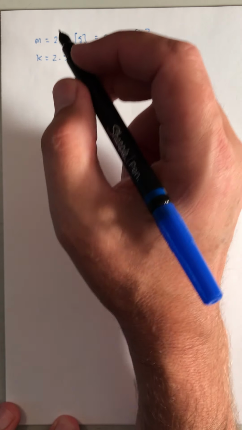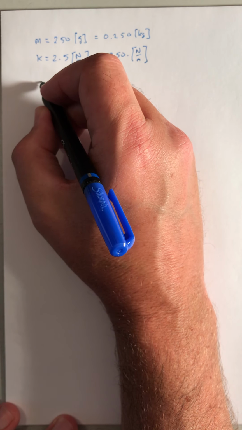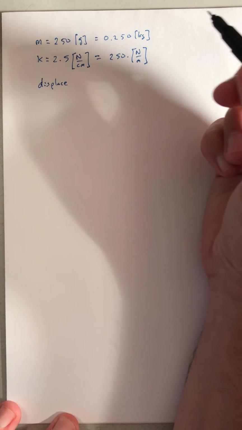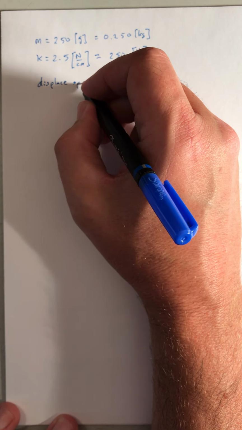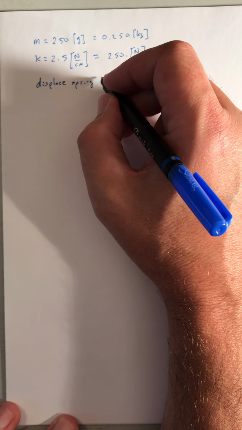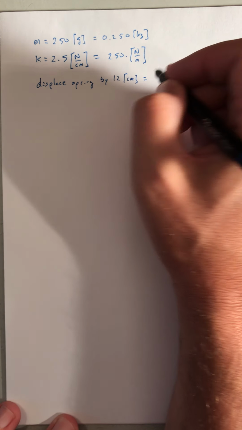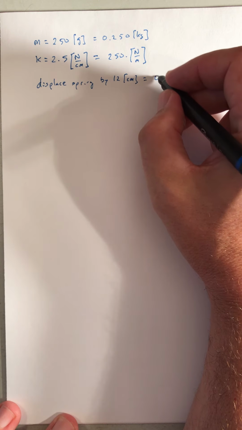And the spring displaces by 12 centimeters before the falling block comes to rest. So 12 centimeters is a displacement of 0.12